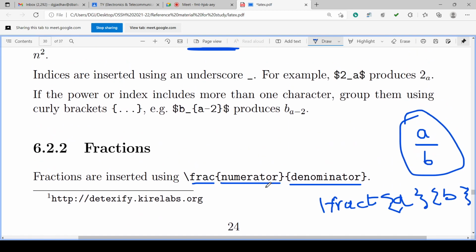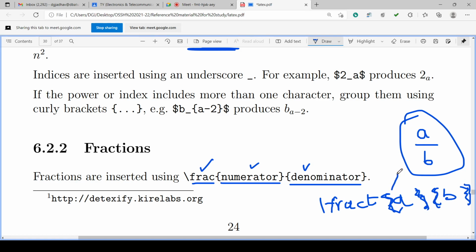So next is fractions. Fractions are inserted using \frac numerator denominator. Frac is the command, the numerator goes in the first curly bracket, and the denominator in the second curly bracket. If you want to write a by b, we write \frac{a}{b}.